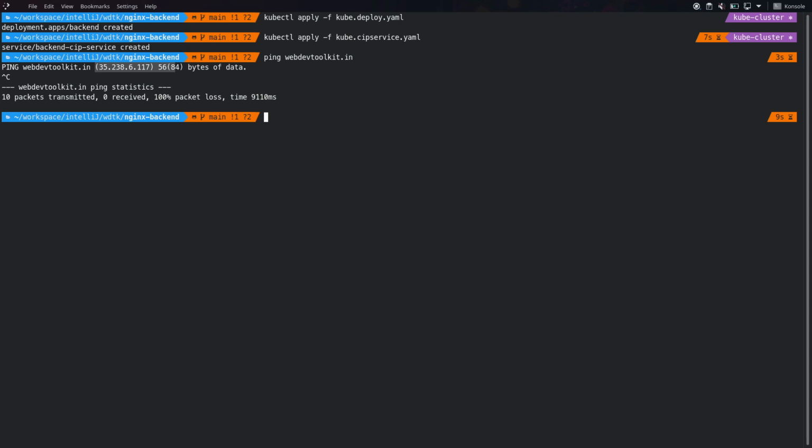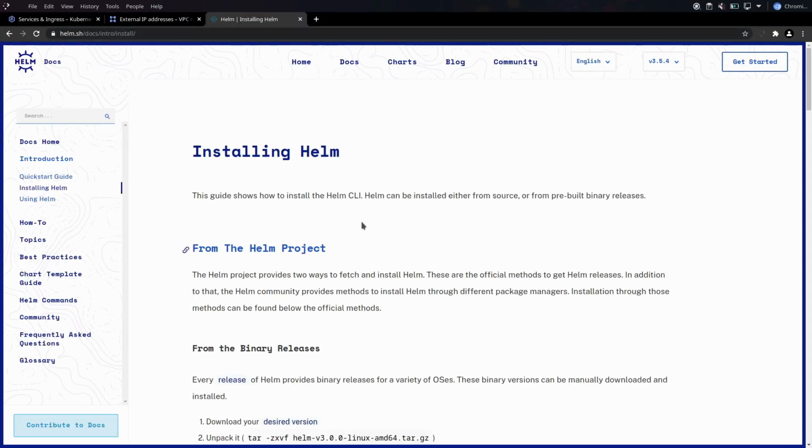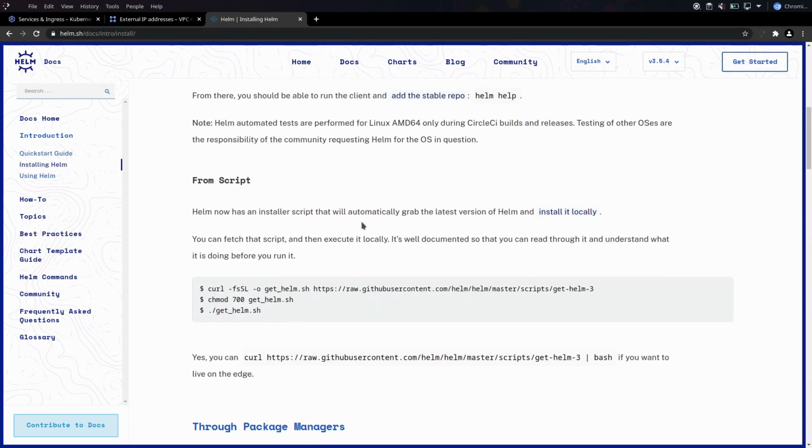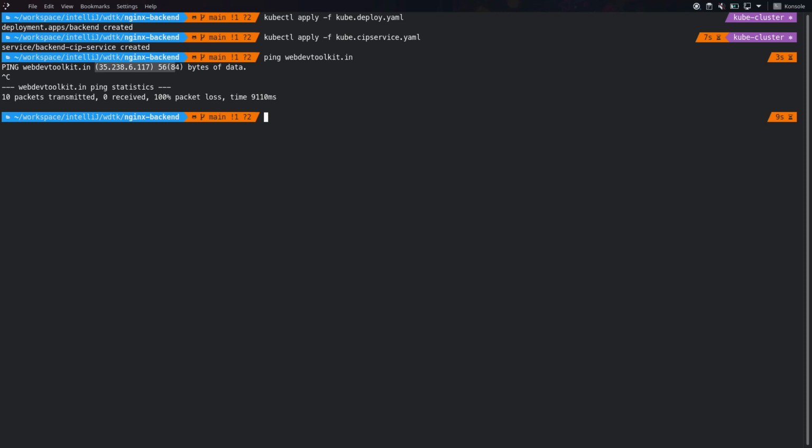As I have mentioned in the earlier tutorial, we will be using Let's Encrypt, we will be using the nginx ingress controller, and we will be using certbot as well. Without Helm, it's a really cumbersome process to install all these dependencies. Installing Helm is pretty easy. They have provided steps for each and every operating system, and you can even install from the script as well. So you can curl their script, change it to an executable file and install. Once this installation is complete, we'll get started with our first step, that is installing the nginx controller. For that purpose, you need to do helm repo add and these details.